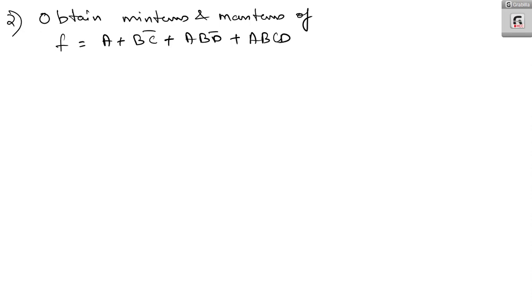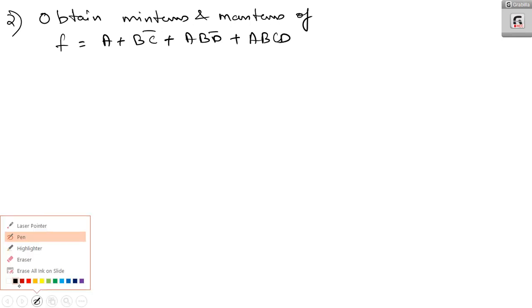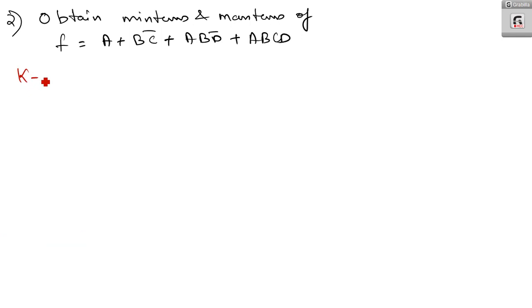So here you are having four variables. The easy track is you should go with the K-map method. Okay, that is an easy track. So here I will discuss the K-map method to form the expressions, and after that I will explain the Boolean algebra. So initially I am going with this K-map method.